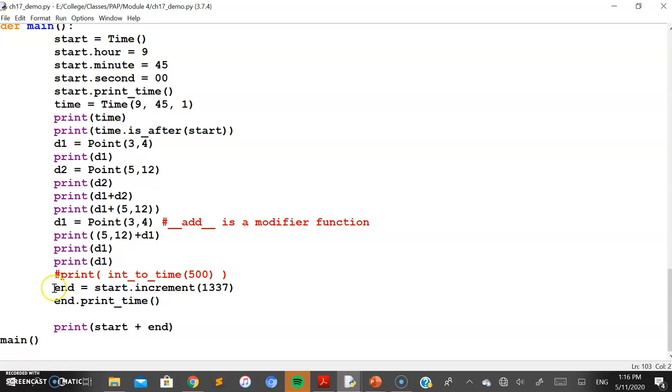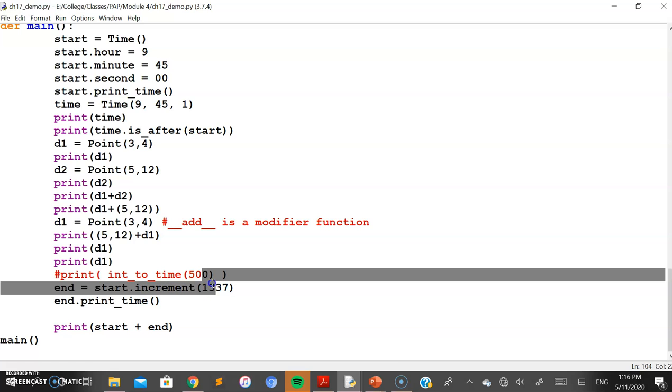The next one is another example of time, where it represents a simple variable of a numeric integer. Start is an object of the class Time, and the increment function has been invoked, for which you have passed a numeric value.